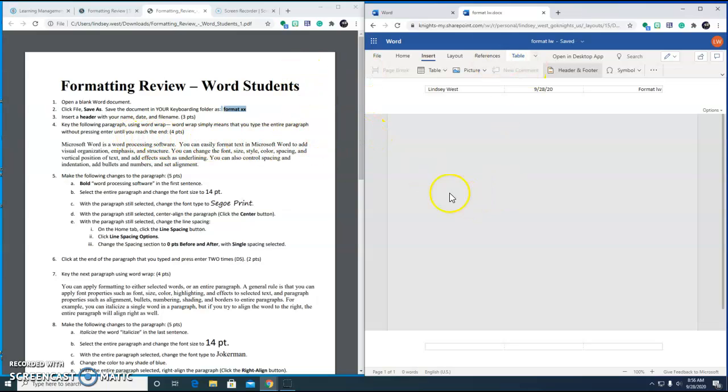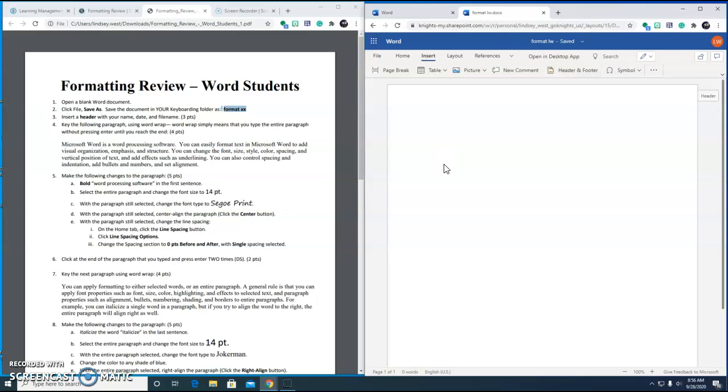Okay, now I want to key, it tells me to key the following paragraph using word wrap. And word wrap basically just means that you're going to type without pressing enter. So instead of hitting enter after I type this word add, I'm just going to let it wrap over on its own. Word does that for us automatically. So